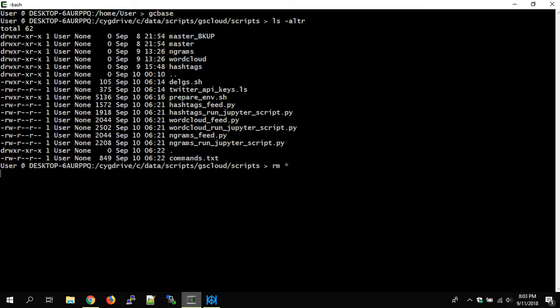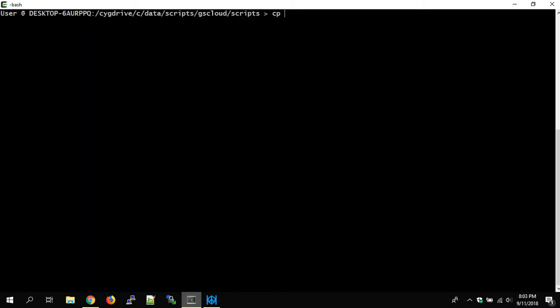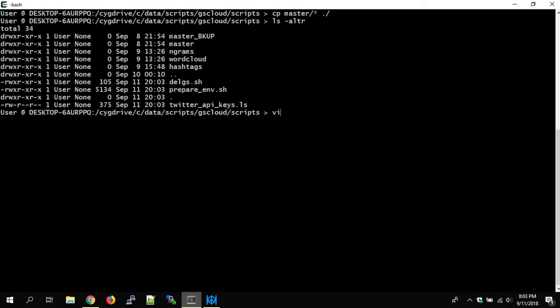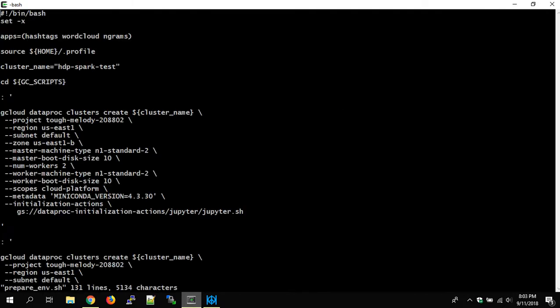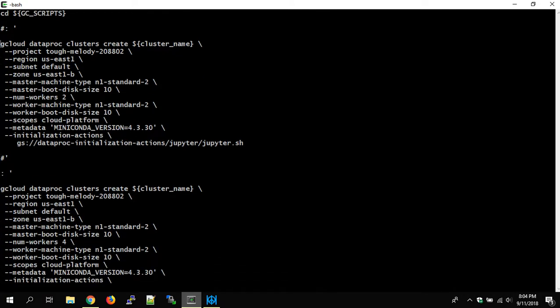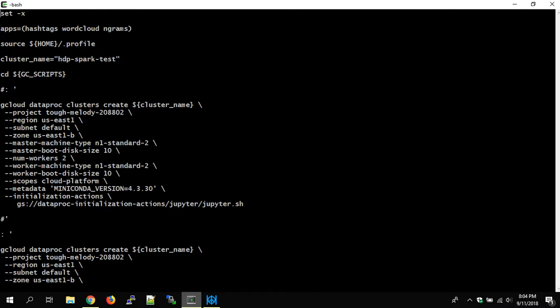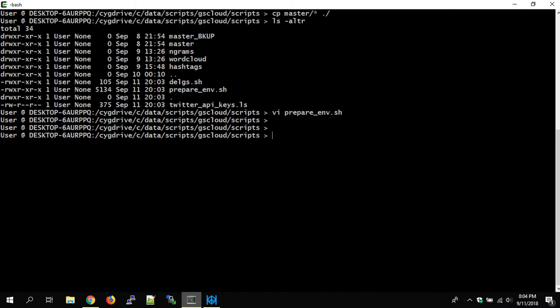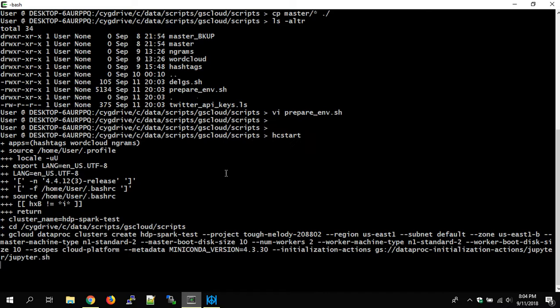Okay, I'll delete the files here and copy it fresh. This is my main script that provisions the Hadoop cluster environment for me, and also does some automation to prepare the environment for my experiment. So I'll go through the script in a little bit of detail. Let me kick it off because it takes about 2 minutes for the cluster to provision. This is a shortcut alias I have that fires this script. It's running now,